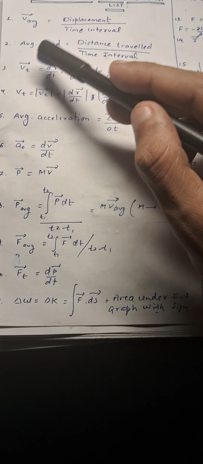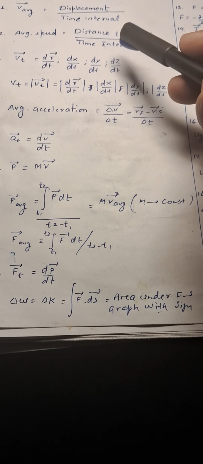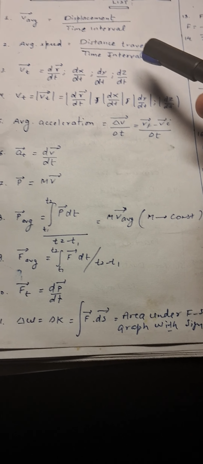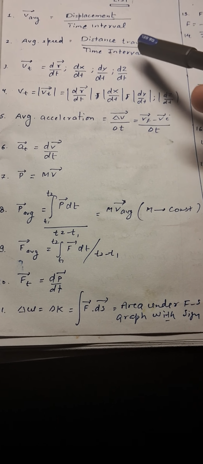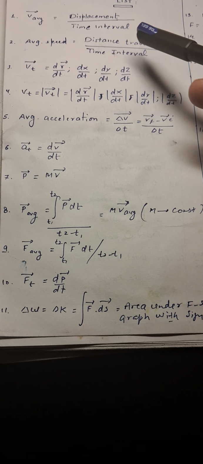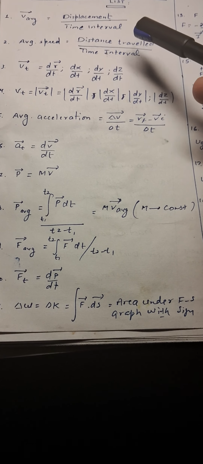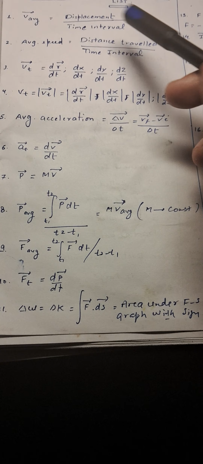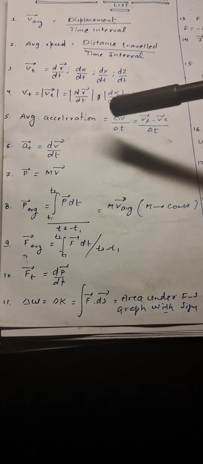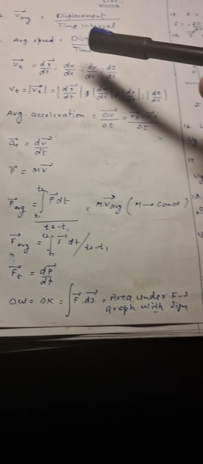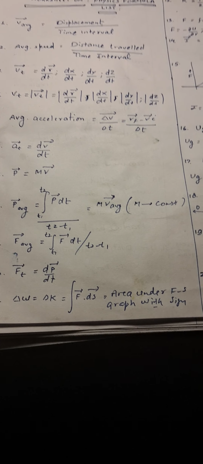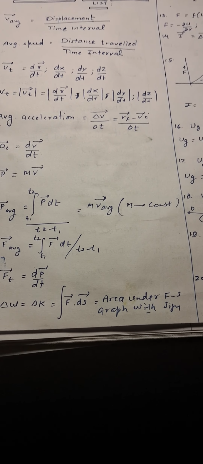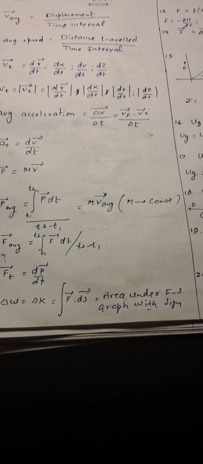Next term that we have is average speed. Average speed is the ratio of distance traveled and the time taken. Average speed is a scalar quantity, and it is the ratio of the distance and the time taken in covering that distance. One more thing is that average speed is always greater than or equal to the magnitude of average velocity, and both are equal when the particle moves in a straight line without